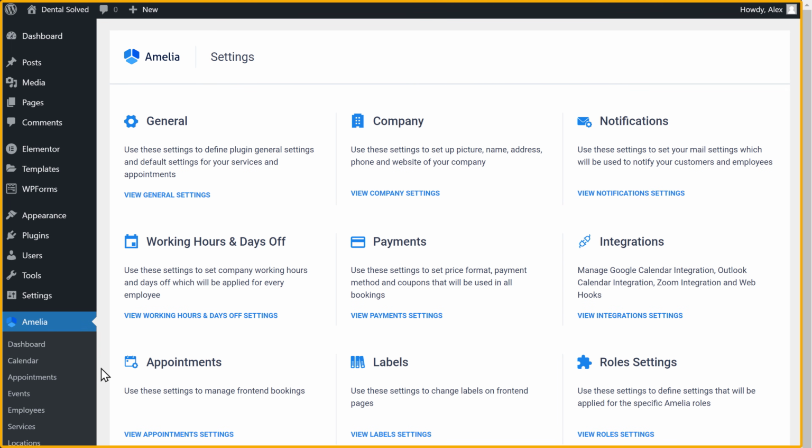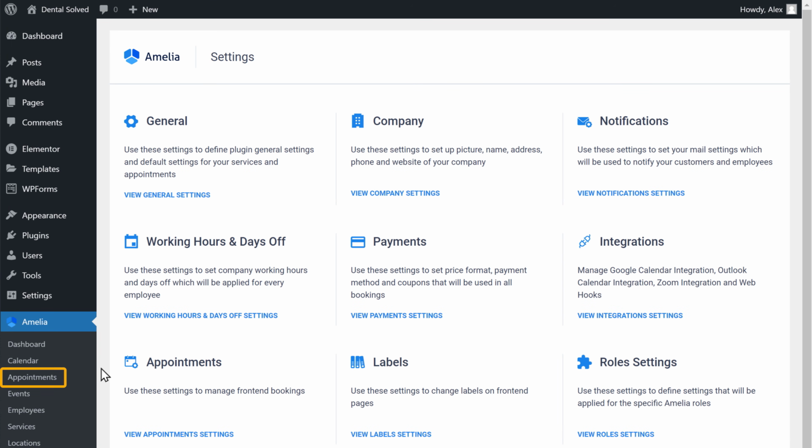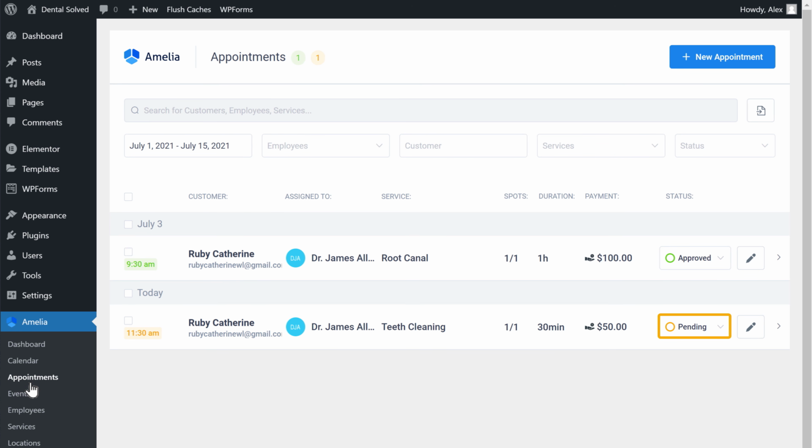So now if you go to our WordPress dashboard and click Appointments, here you can see that our appointment is pending. So just click here and select Approved.